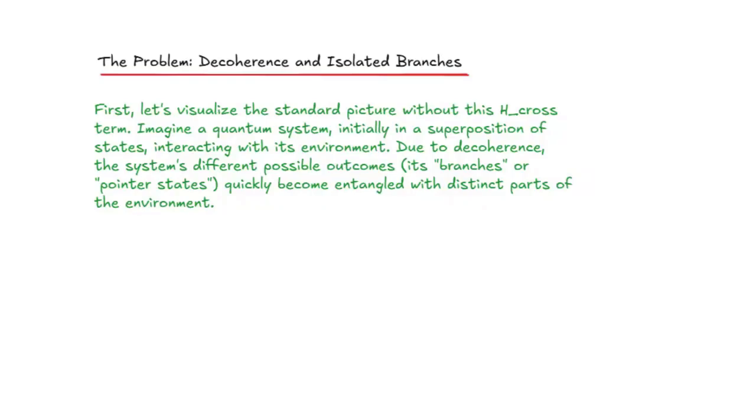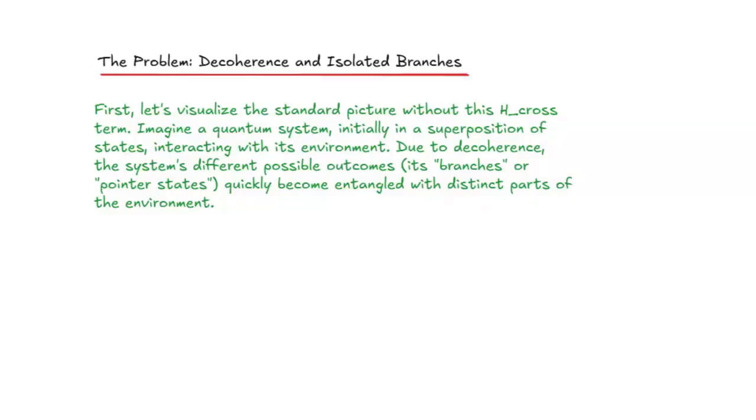The problem: decoherence and isolated branches. First, let's visualize the standard picture without this H-cross term. Imagine a quantum system, initially in a superposition of states, interacting with its environment. Due to decoherence, the system's different possible outcomes, its branches or pointer states, quickly become entangled with distinct parts of